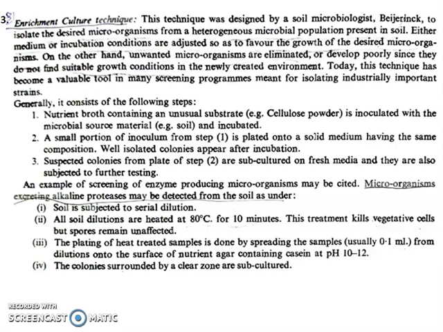In the same way, here we are adjusting the conditions for the microorganism. For example, if I increase the pH of the media, only microorganisms that can grow in high alkaline conditions will grow. Similarly, with temperature: normally we keep E. coli at 35 to 37 degrees Celsius, but if you increase it to 40 or 45 degrees Celsius, only microorganisms that can grow at 40 to 45 degrees Celsius will grow on the culture media. Other microorganisms cannot grow.